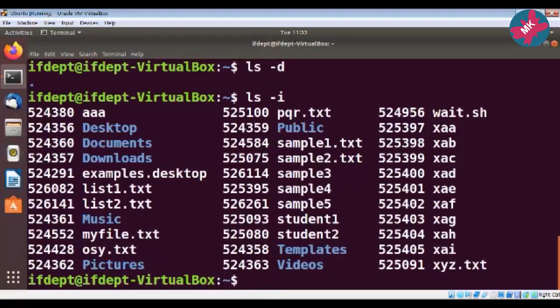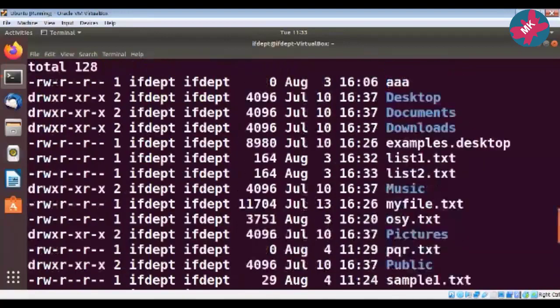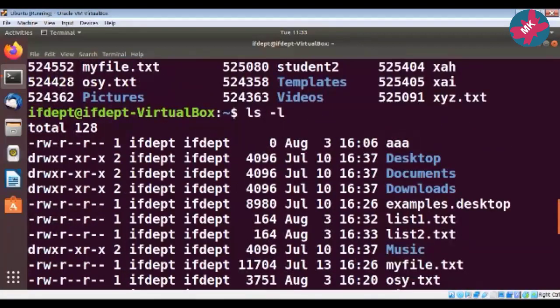Now next we are going to see permissions associated with every file or folder. So here ls -l. Now observe here, all the files are displayed. Suppose this file is there. Now here a lengthy string is there.